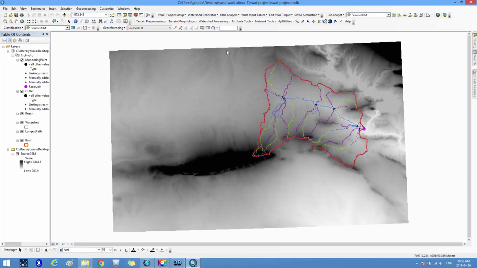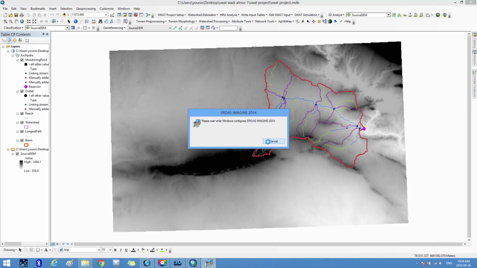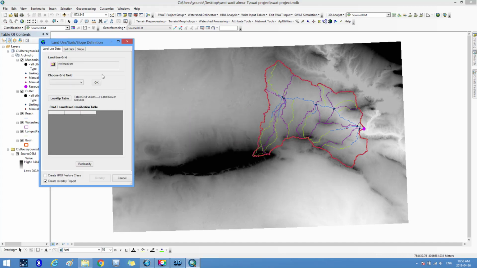We continue the implementation in this part where we go to the third menu from the ArcSWAT menu bar, which is HRU analysis, and open it. Then we select land use over soils over slope definition. Then this window appears entitled land use over soils over slope definition,